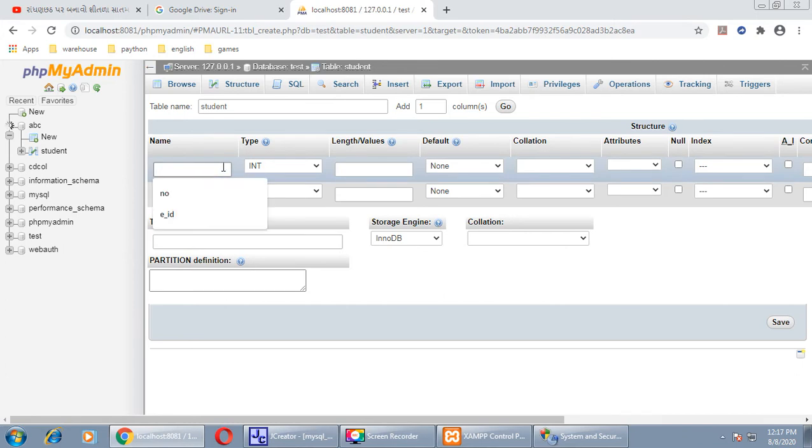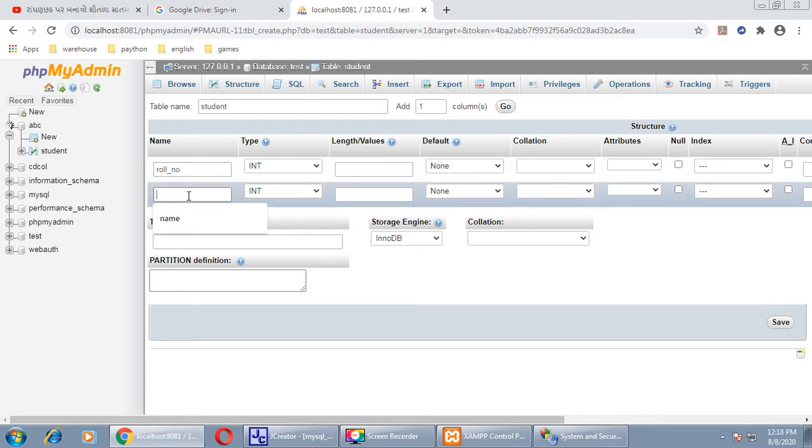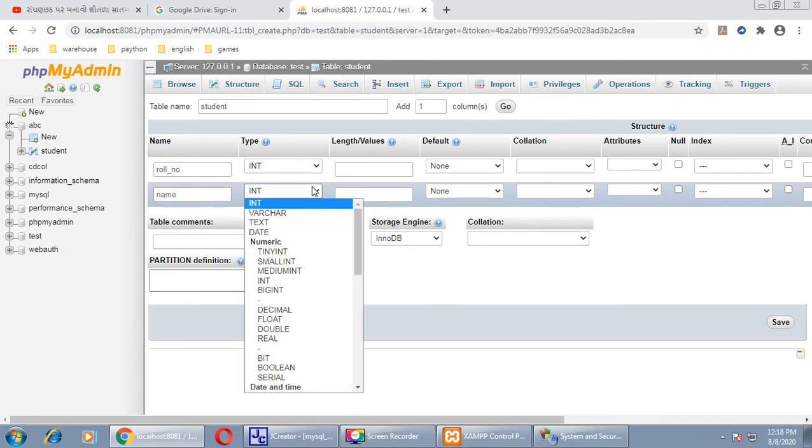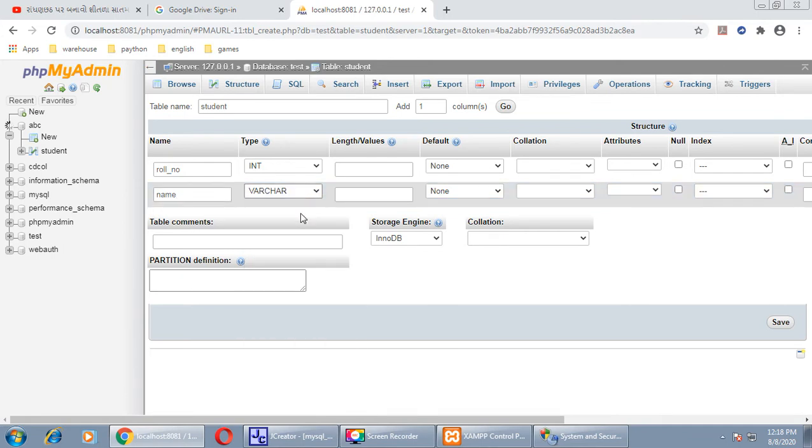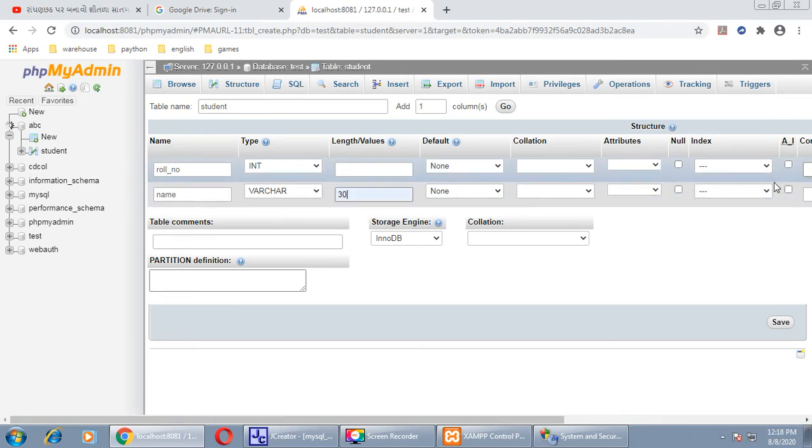We'll define 2 fields over here. One is roll number, data type is integer. I'm not going to define any other options, and I don't want to keep this field auto increment. The second field is name, data type is varchar, and the length is 30, and leave all other fields blank.